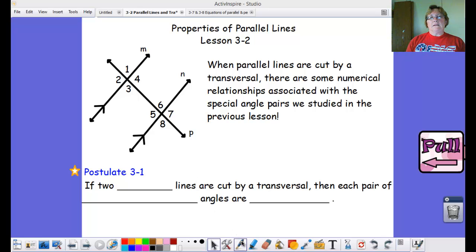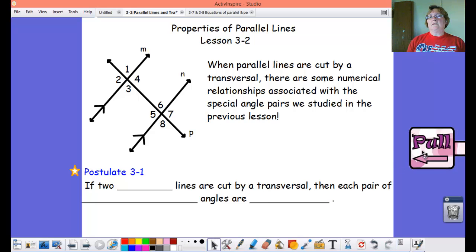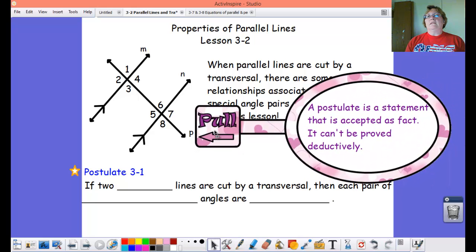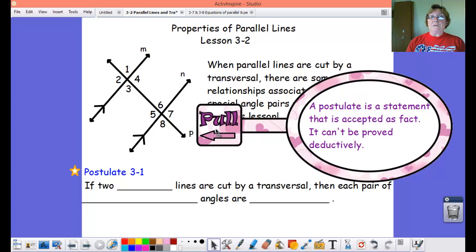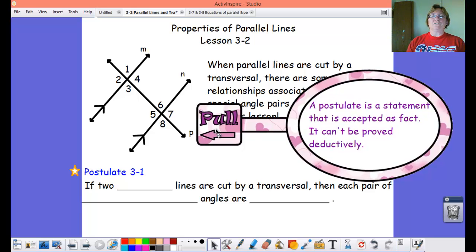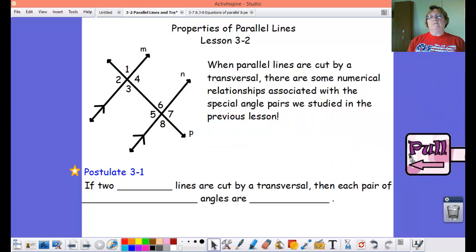And we're going to begin our discussion with a postulate about one of the types of angles here. And I'll just remind you that a postulate is a statement that you accept as fact. It cannot be proven deductively, but you can use postulates to prove other things. So we're going to begin with postulate 3.1, and that one is about when two parallel lines are cut by a transversal,